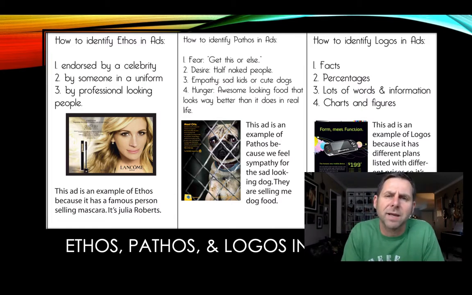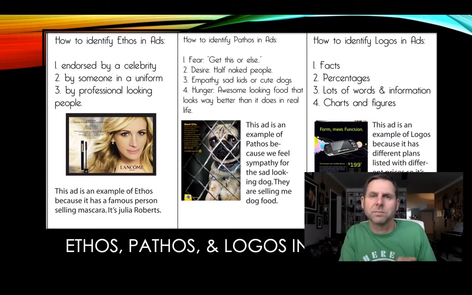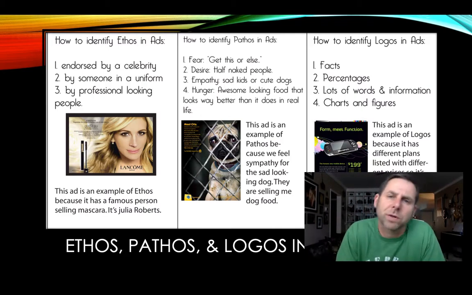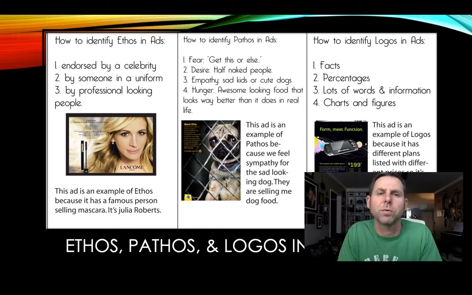So if you look at that ad, the Lancome ad, it's essentially 75% Julia Roberts, and it's essentially Julia Roberts, Lancome, right? You trust her, trust us, we're great. She's great, we're great, great. So anytime you have that, or if you want to convey a sense of professionalism, right? You have people in a uniform, you have people looking professional, you have people looking like they work at a team, like they really can handle what's happening, right? All that gives you a sense of confidence, you can trust them.